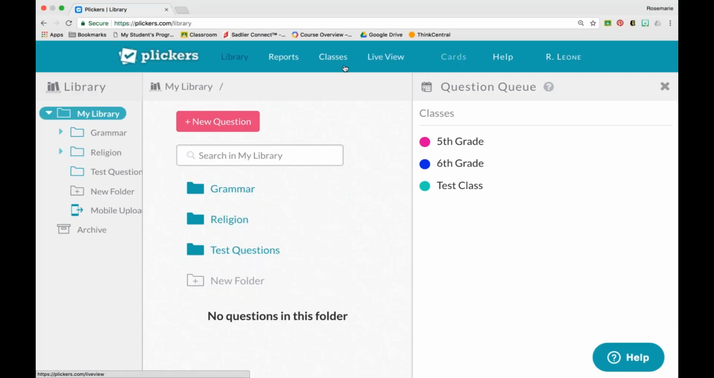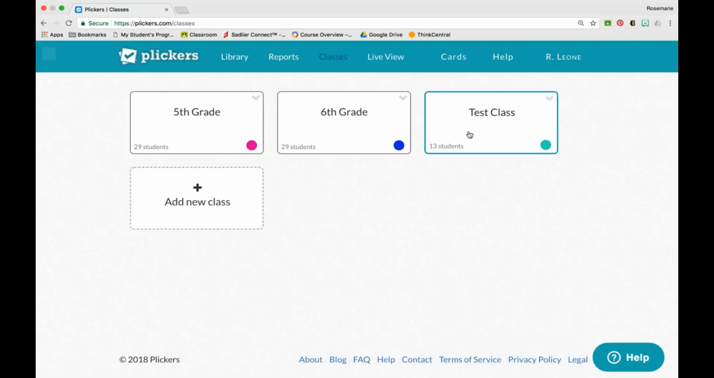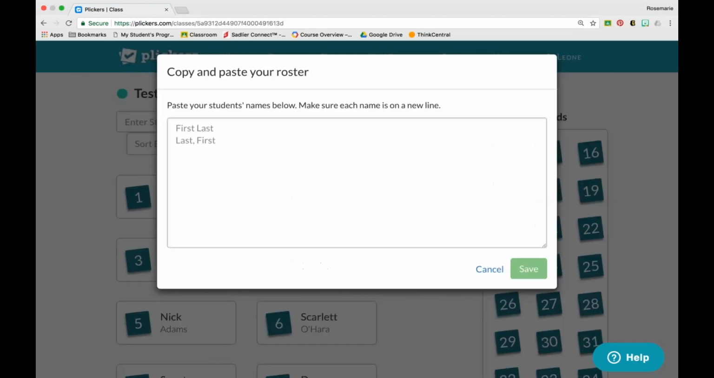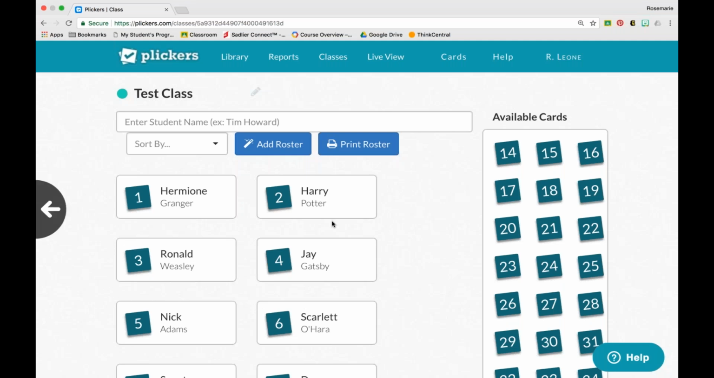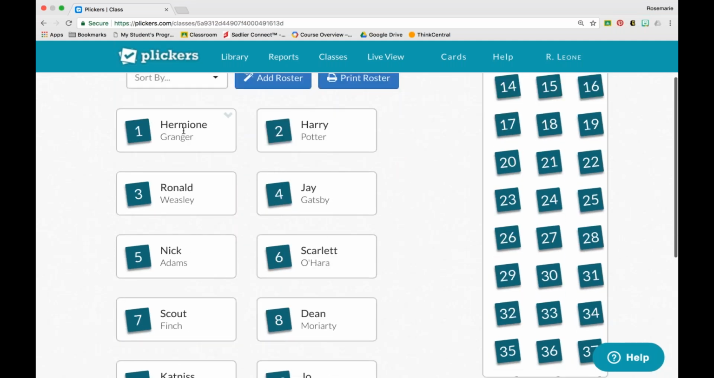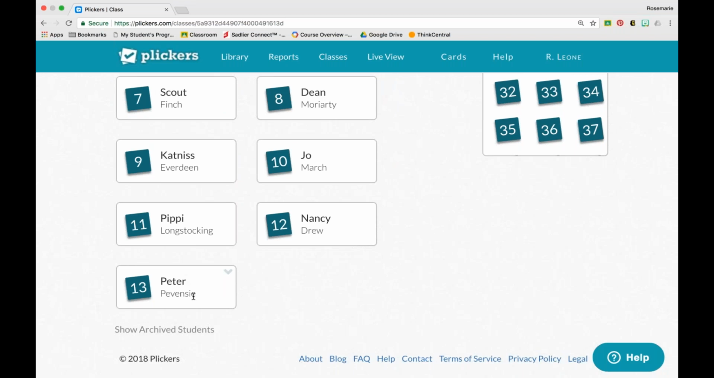So again, when you make your class, you add your roster and you just add their names. You can either do it first and last or last comma first. I just type the first child in first and work my way down my class list. So I made a fake class. The first name I typed in was Hermione Granger. The last name I typed in was Peter Pettigrew. So that was the order, and since that was the order I typed it in, that's how they got